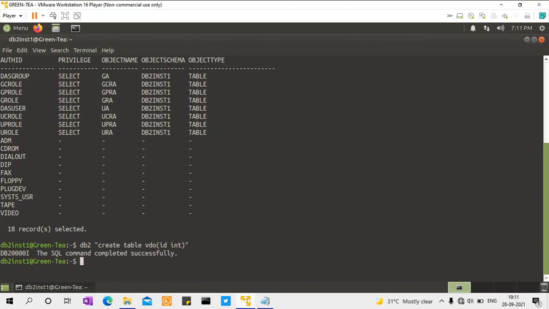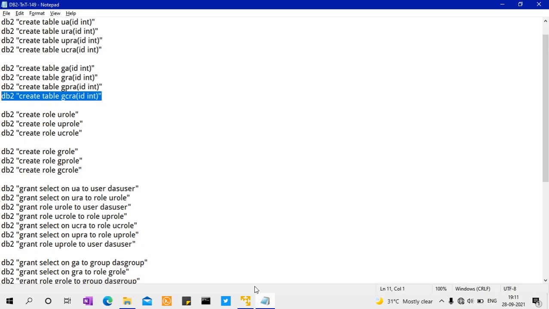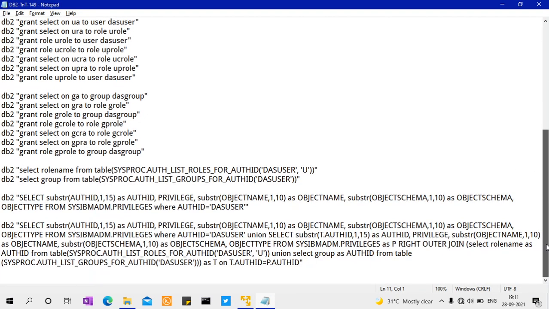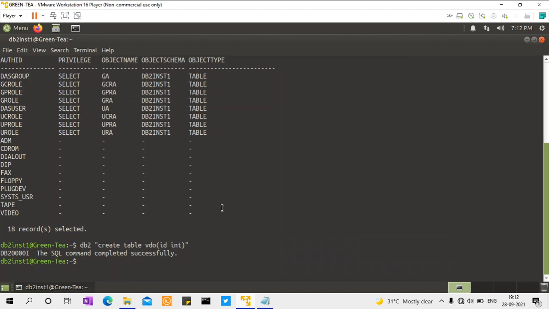So I'll create the table video, and I have to grant select access to that group. So grant select access on table VDO to group dash group.